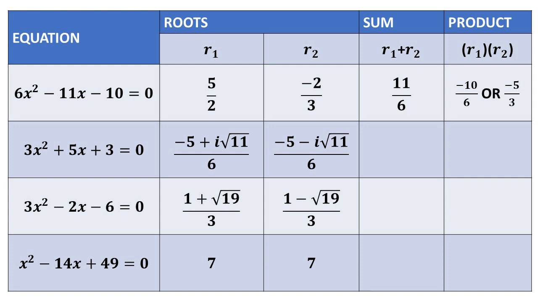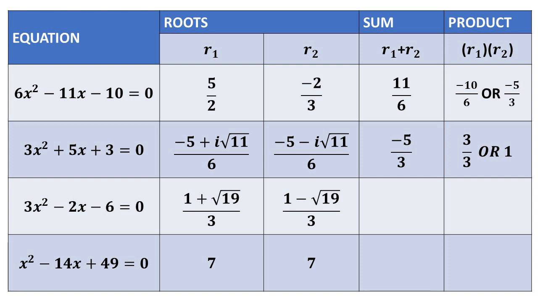Continuing, we have 3x squared plus 5x plus 13 equals 0 with the roots negative 5 plus i square root of 11 over 6 and negative 5 minus i square root of 11 over 6, with the sum negative 5/3 and the product 1. Now let's have 3x squared minus 2x minus 6 equals 0 with the roots 1 plus square root